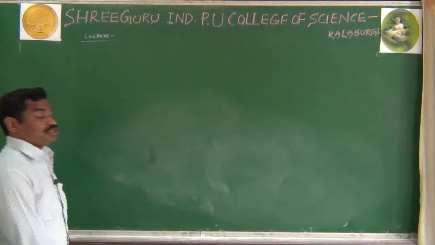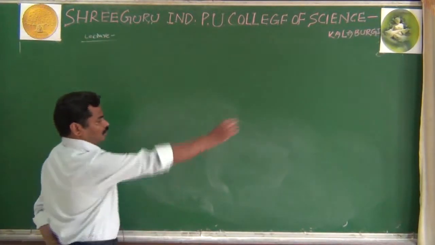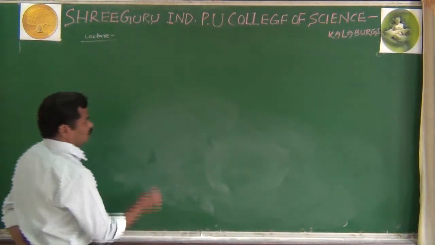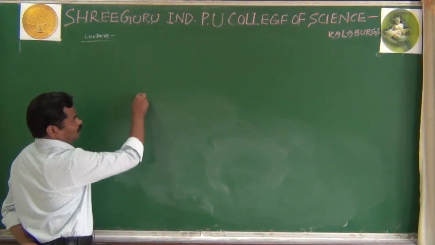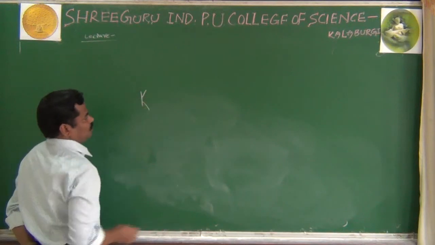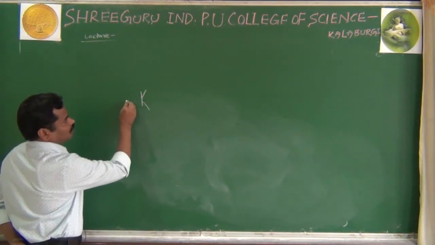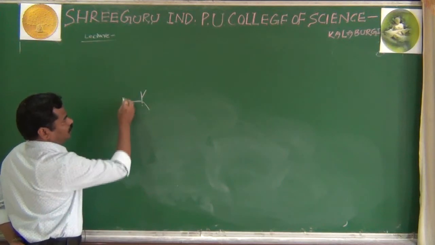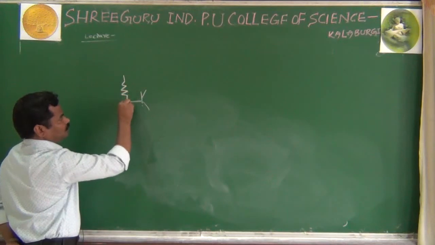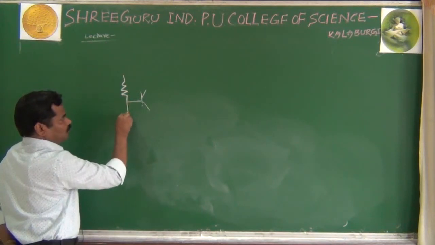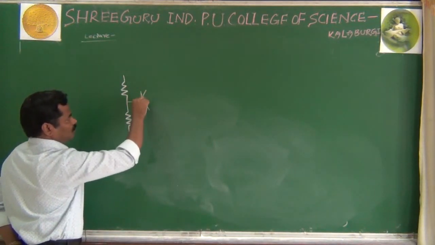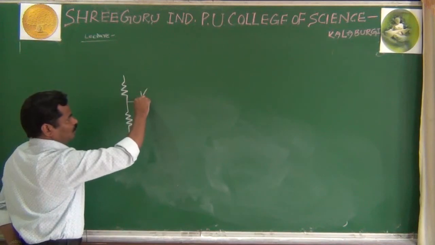Now we go for the circuit analysis and the importance of voltage divider biasing, and for that we go to the diagram. As we know, you are using the CE configuration once again, and you go for the voltage divider biasing. Why is it called voltage divider biasing? As we know the property of a resistor, why are you using the resistor?